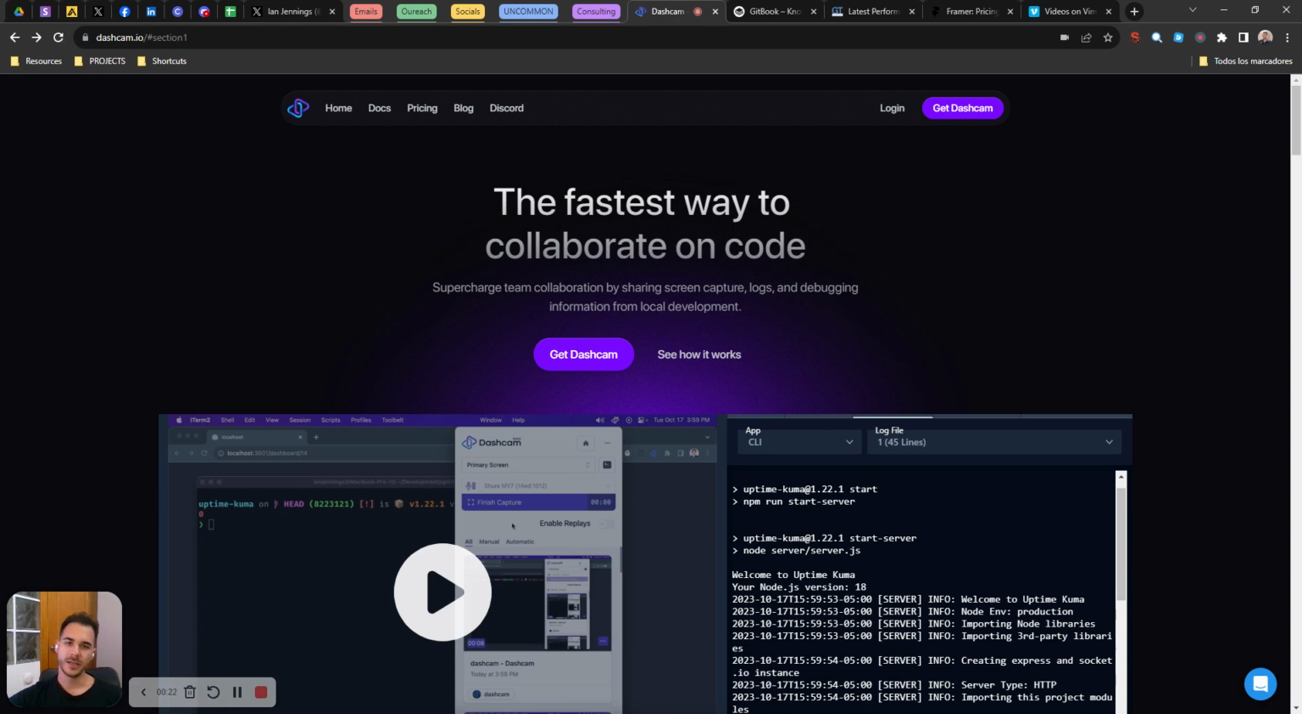Ian is doing an app for developers, so they can share their screen and have the debugging code in real life, so it makes it easy for them to collaborate and work together. So okay, I reviewed the website. It looks pretty good,